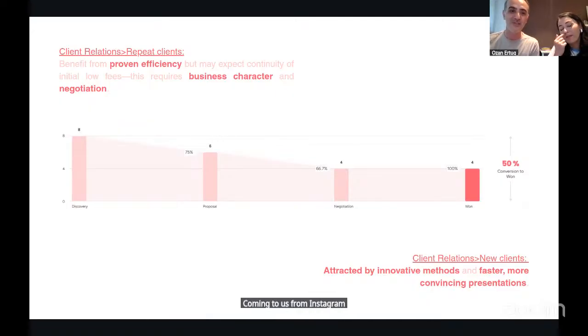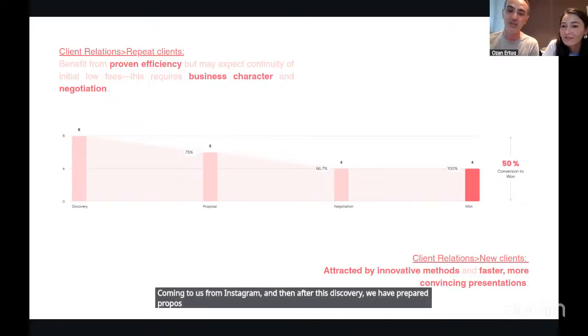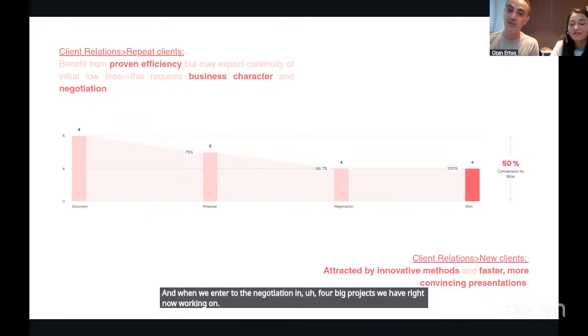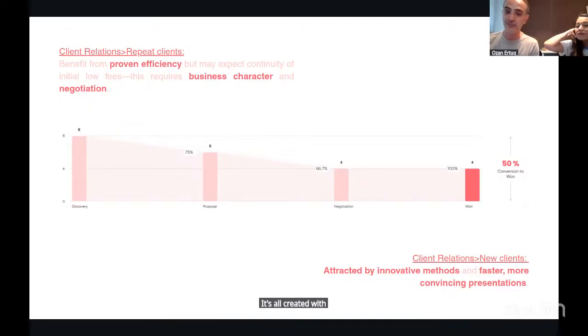And then after this discovery, we have prepared proposals and negotiation. And when we enter the negotiation in the 4 big projects we are working on right now, all of them were created with winning the bids. This is exciting.